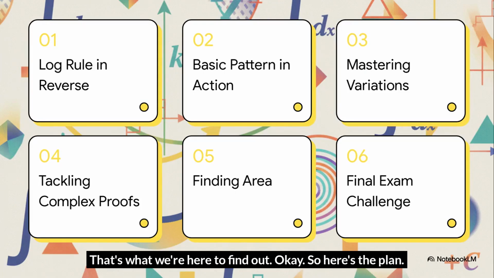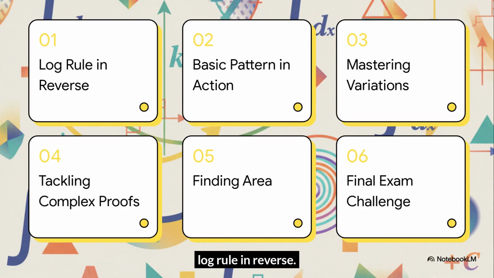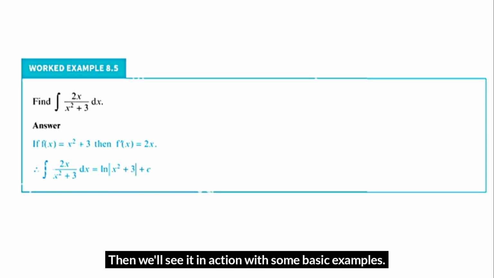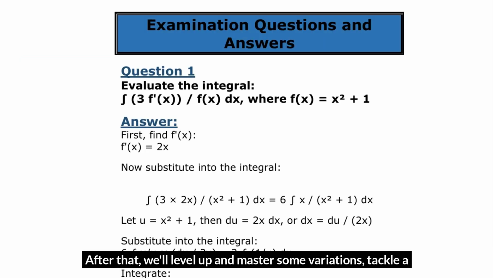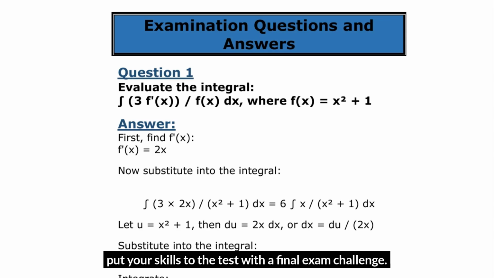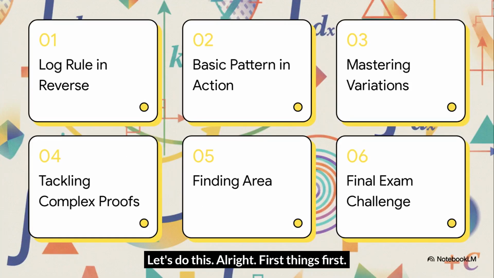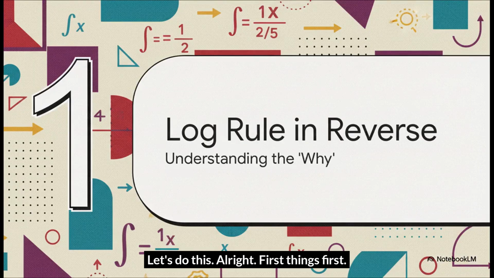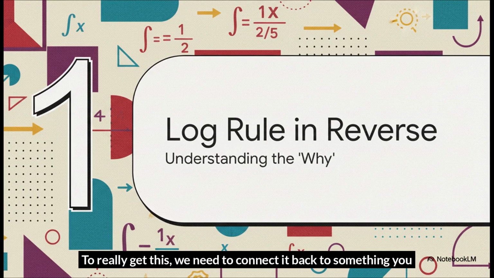Okay, so here's the plan. We're going to start with why this rule works by looking at the log rule in reverse. Then, we'll see it in action with some basic examples. After that, we'll level up and master some variations, tackle a tricky proof, use it to find the area under a curve, and finally, put your skills to the test with a final exam challenge. Let's do this. All right, first things first, to really get this, we need to connect it back to something